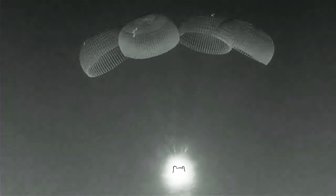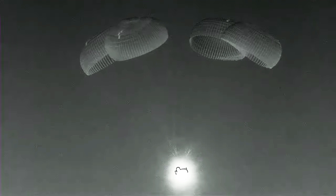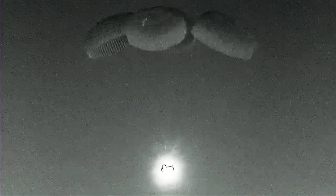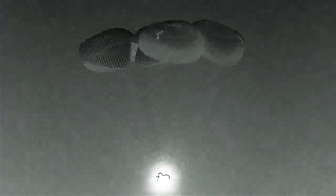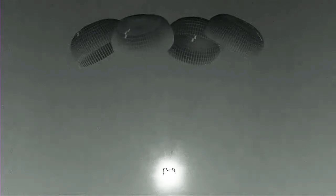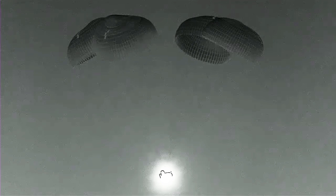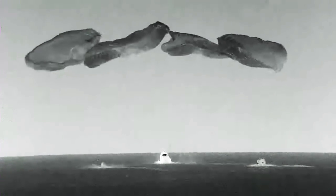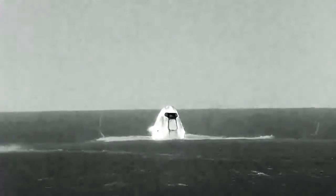Teams are about 3 nautical miles away from the splashdown site, so it's going to take them a little bit of time to get there in terms of the large vessel, but there is a fast boat, as we call it, that will be able to get to the capsule very, very quickly, as we will see here in just a couple of moments. All right, as you can see there on your screen,